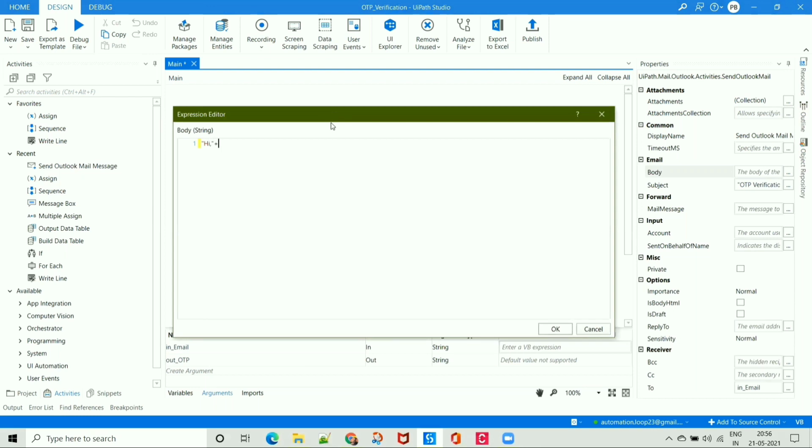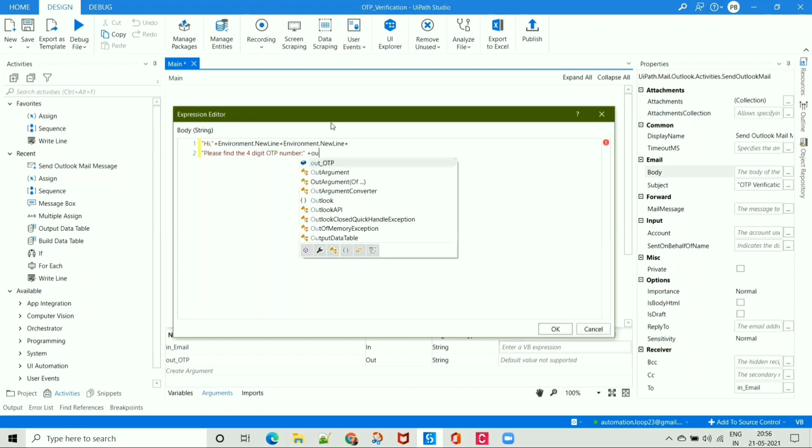Say Hi, comma, then Environment.NewLine plus Environment.NewLine. Then, please find the 4-digit OTP number, and then we have to provide the generated OTP, which is out OTP.